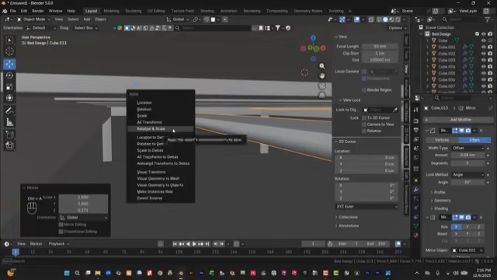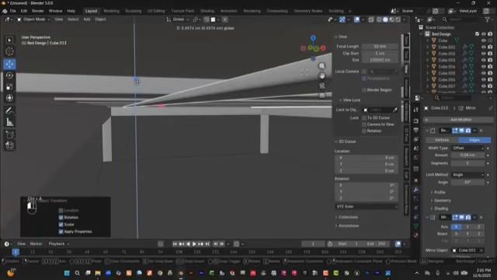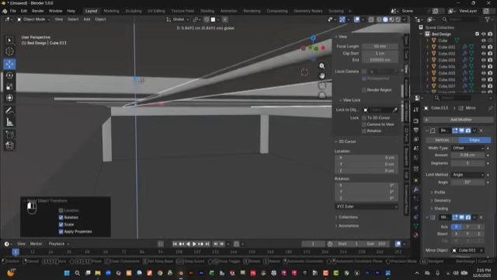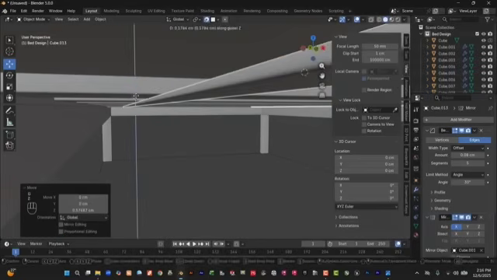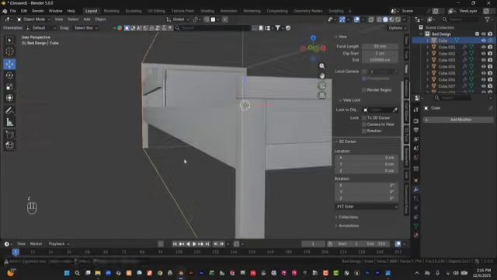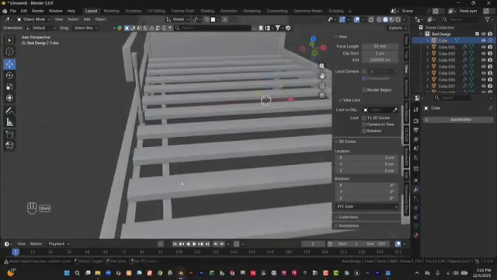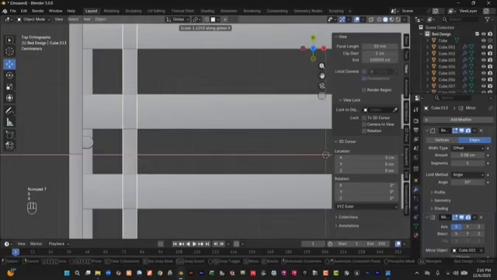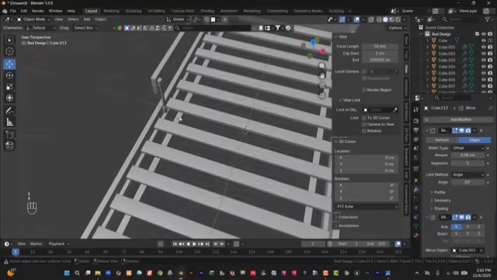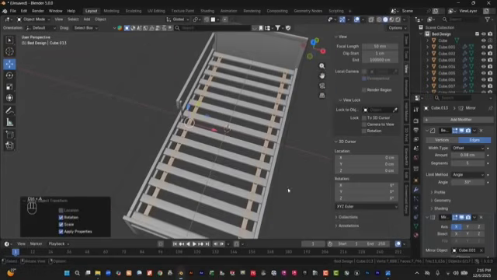So we select Control A, rotation scale, so we select GC. Okay, now it looks good, but it should be a little bit wide, so scale X,